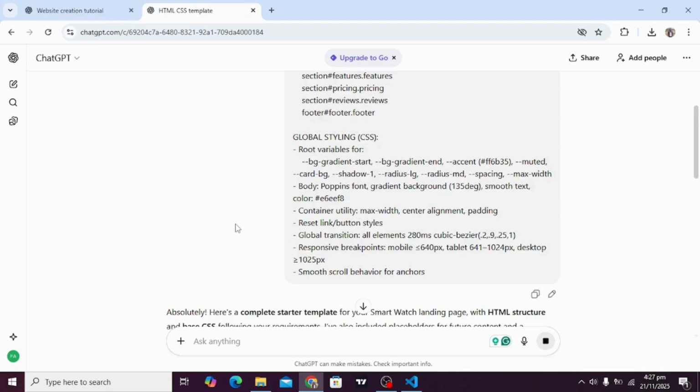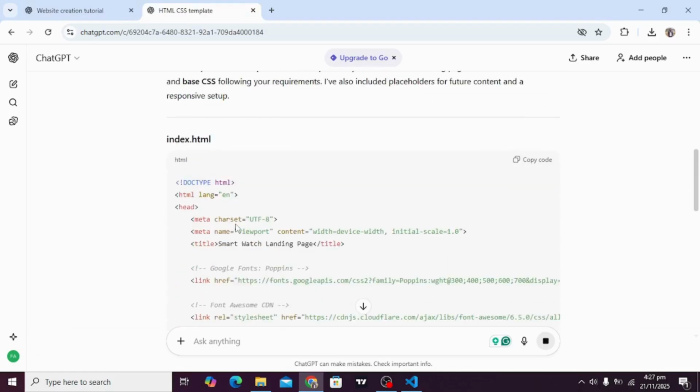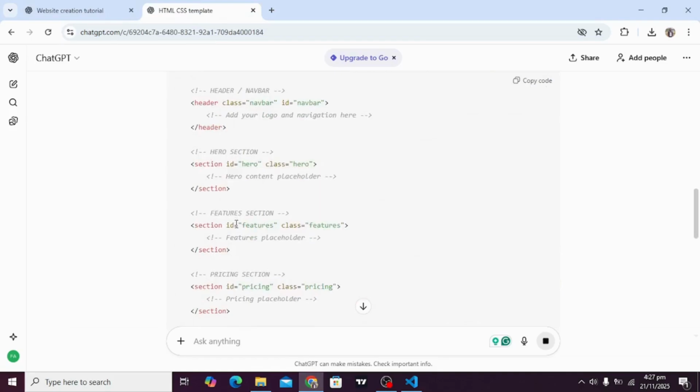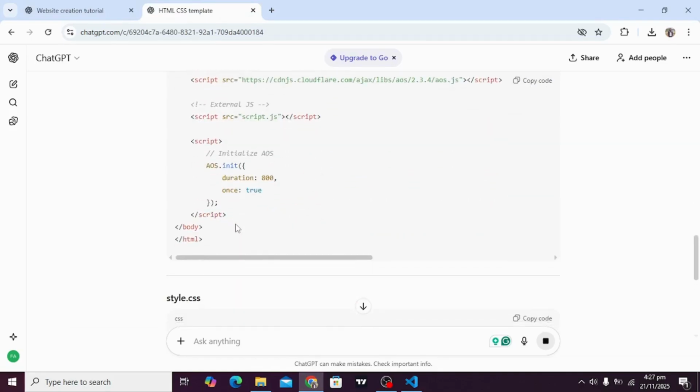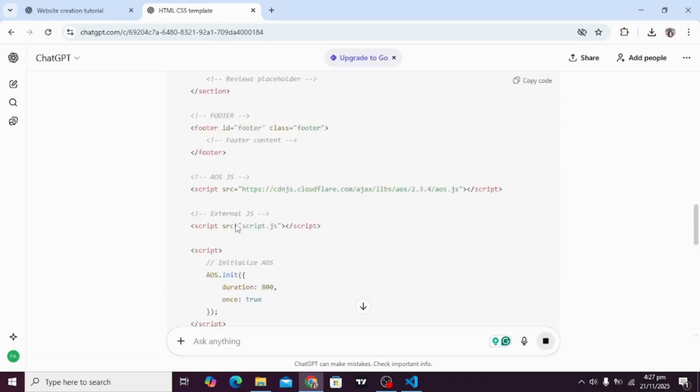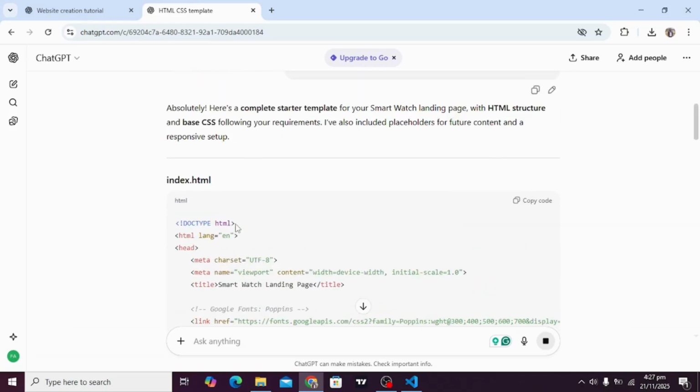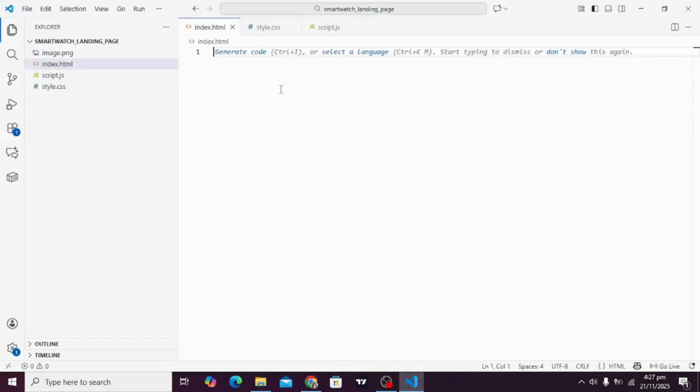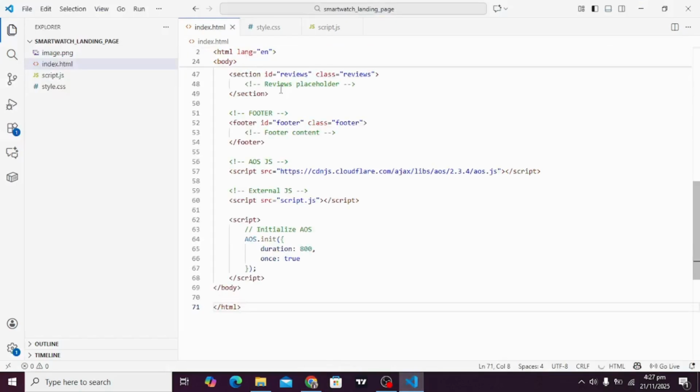ChatGPT will not assume everything for itself and give you whatever you thought, but it will give you whatever you instruct it to do, as it is a language model. So copy this index.html and paste, Control V.